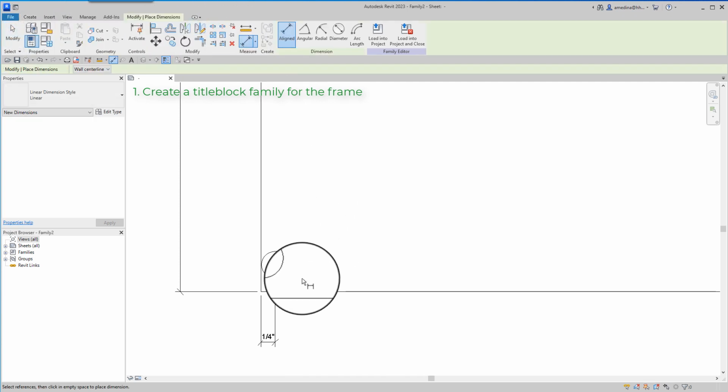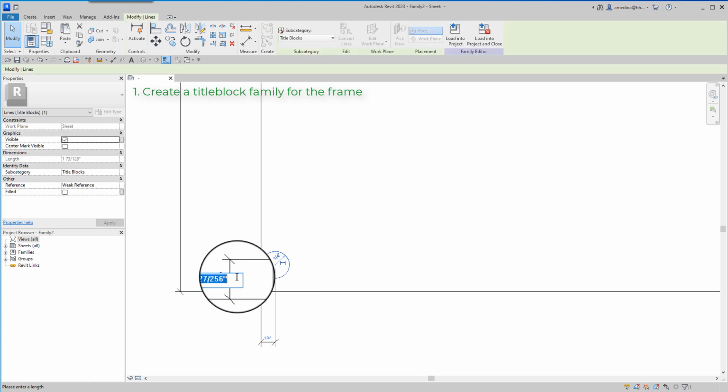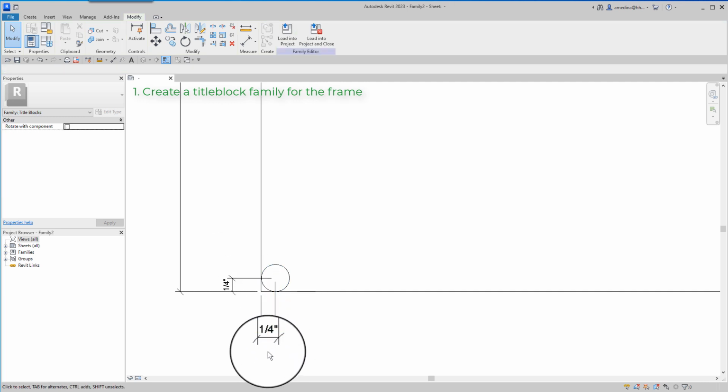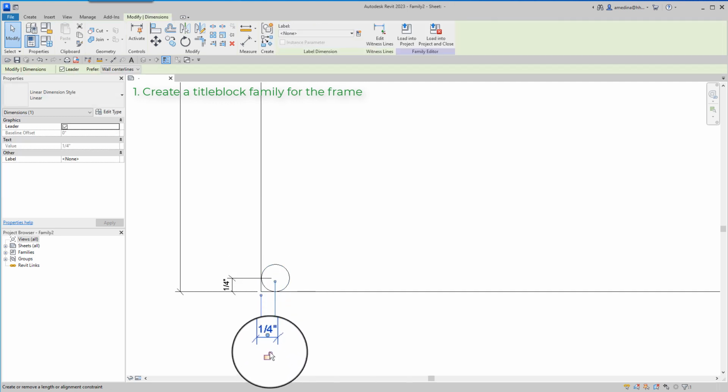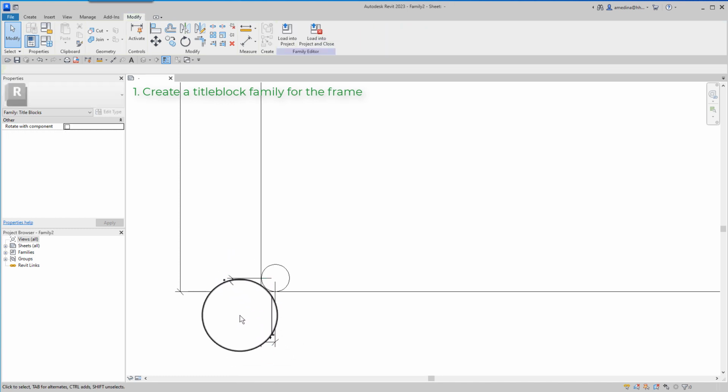Create, aligned, from here to the center of the circle. Select the circle, make this dimension 1/4. And I want to lock these two dimensions, this one and this one.